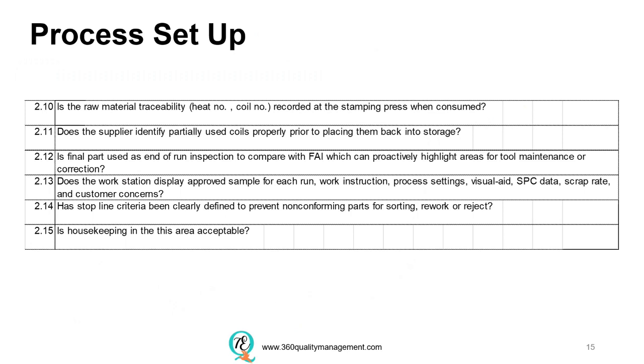We will also need to check if the raw material is controlled for traceability, recorded in the stamping press by consumption, because materials come in big batches, and also whether the manufacturer or the supplier identifies if partial coils that are not being used are placed back properly into the storage, because those sheet metals normally come in a big coil. And also, at the end of the final production run, we'll make sure that the last piece inspection is also done with an FAI record